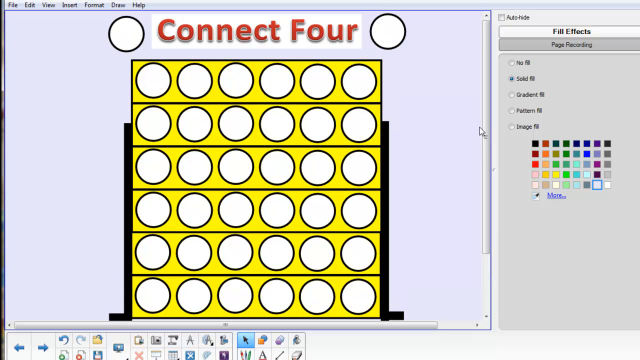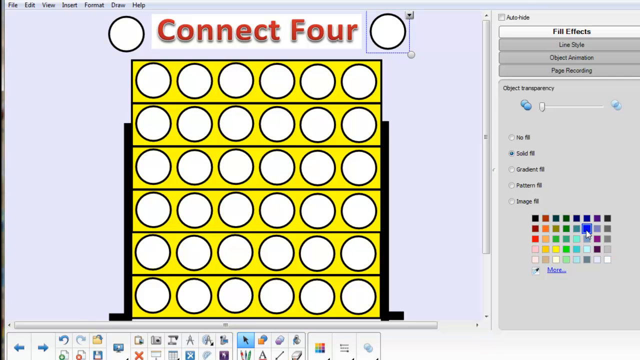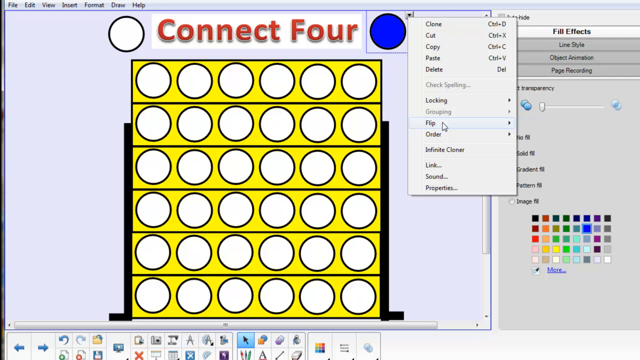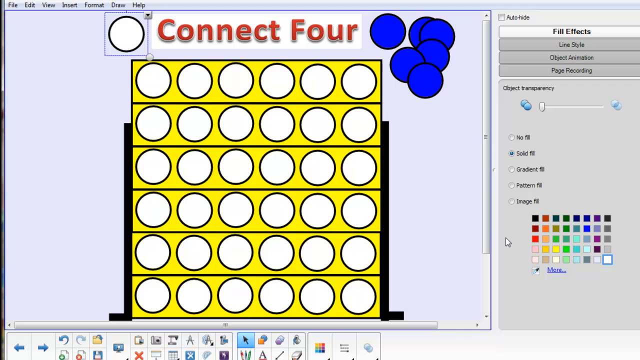Now all I need are chips to go on that game board. So I'm going to go back up here and select this circle, and I've decided I want blue chips, and I've also decided to make it an infinite cloner. And now I can create my chips here, and students can play. I can do the same thing for this one, except this one I think I'll make red. I'll make it an infinite cloner,